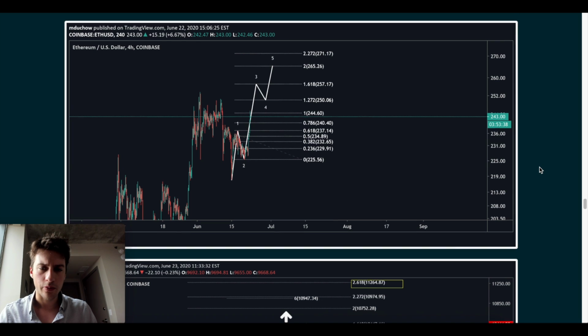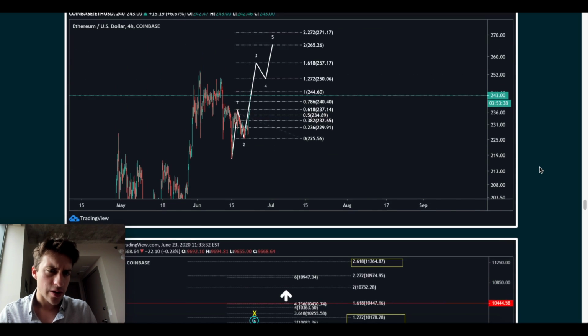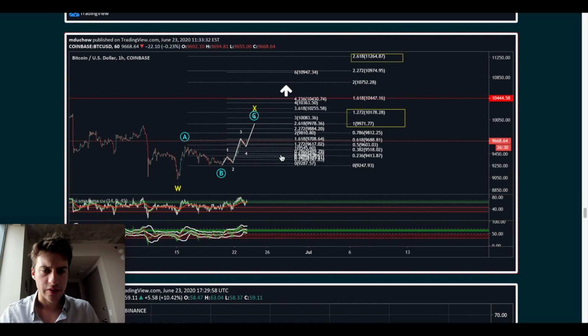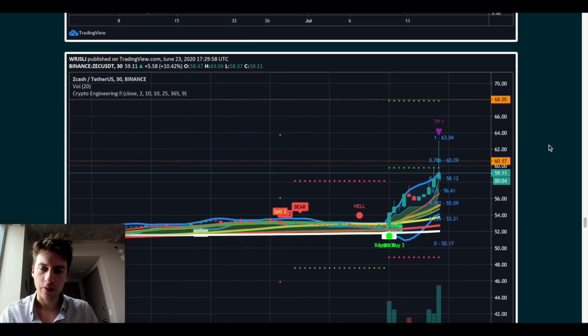Ethereum, he's bullish on Ethereum with LA Wave Theory, and he's also, same guy? Yeah, same guy. This guy's also bullish on Bitcoin. There's a lot going on here, but he thinks that Bitcoin's going to rise, as you can see. So he thinks that we're in a wave 5, the final push up, and that price is going to rise.